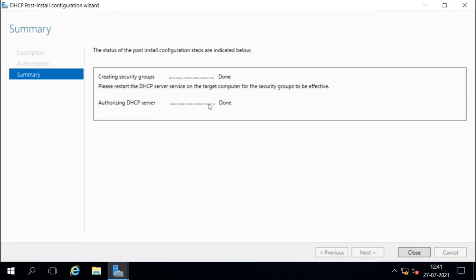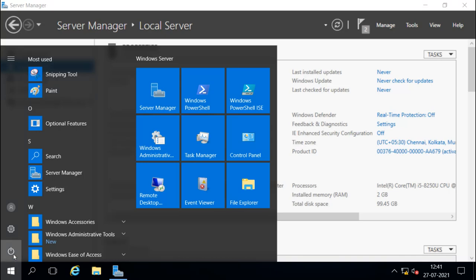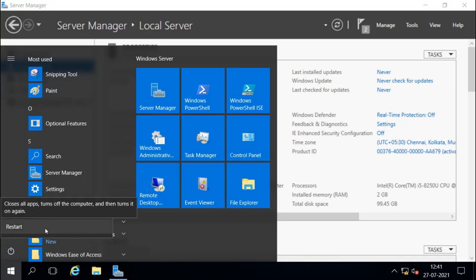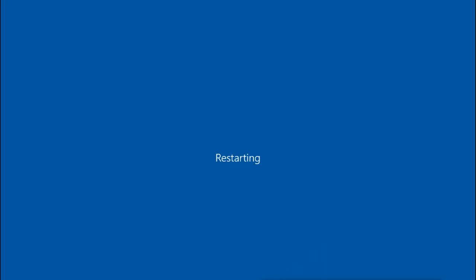So after the post installation task, we have to restart the DHCP server so that the groups created in Active Directory take effect. I will close here and do the restart, and then we can check in Active Directory whether the two groups are created or not. So I am restarting it and then I am going to go to Active Directory.